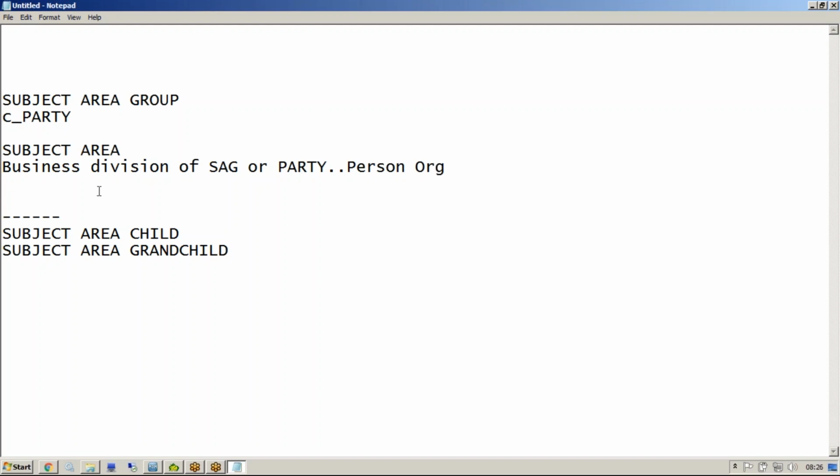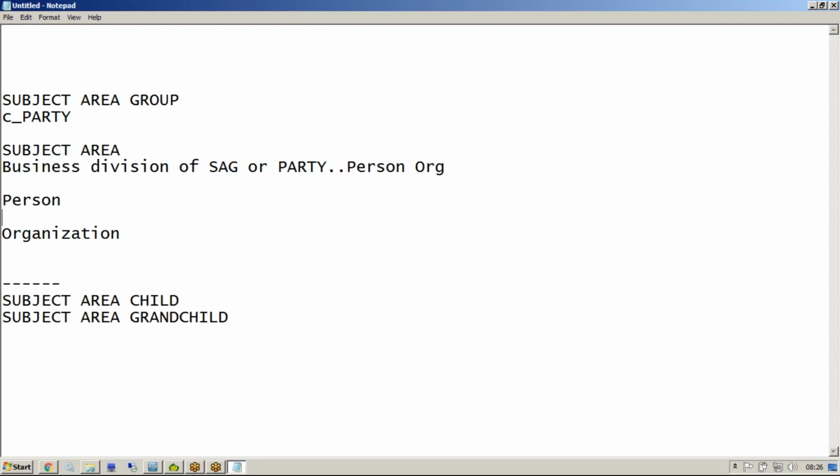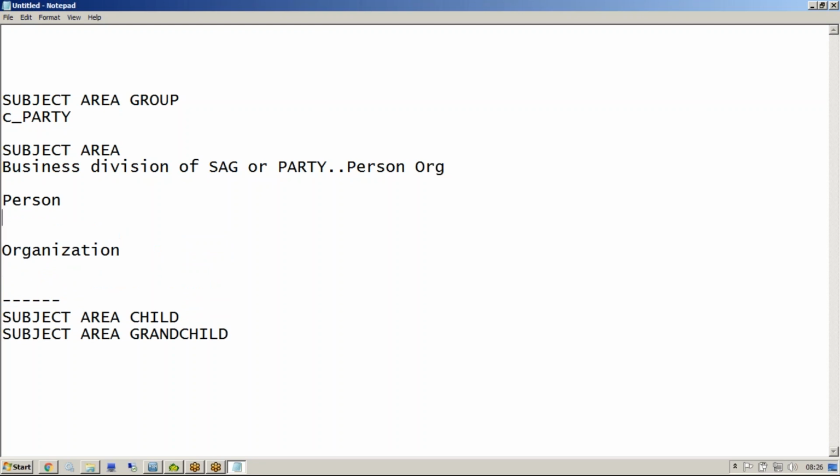Person is my subject area. Organization is my subject area. So person, organization. These are my subject areas, right? So person,